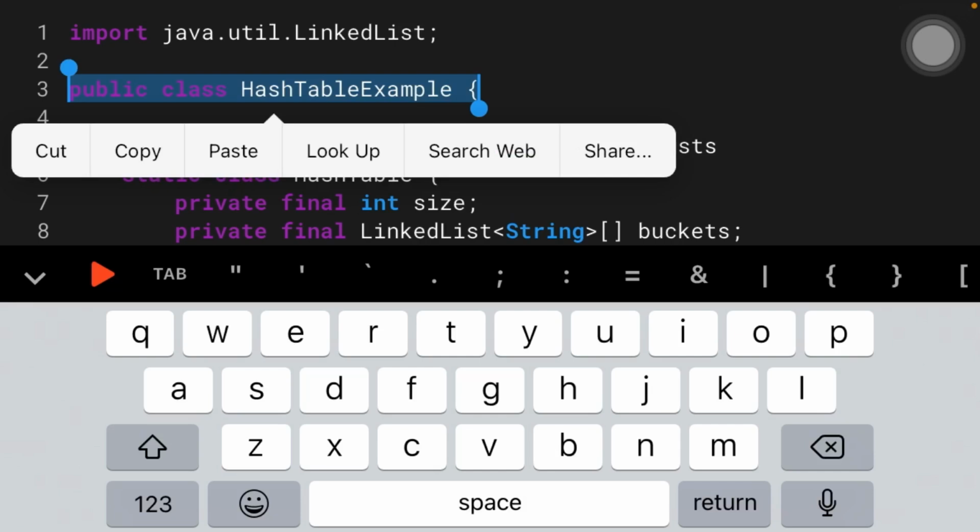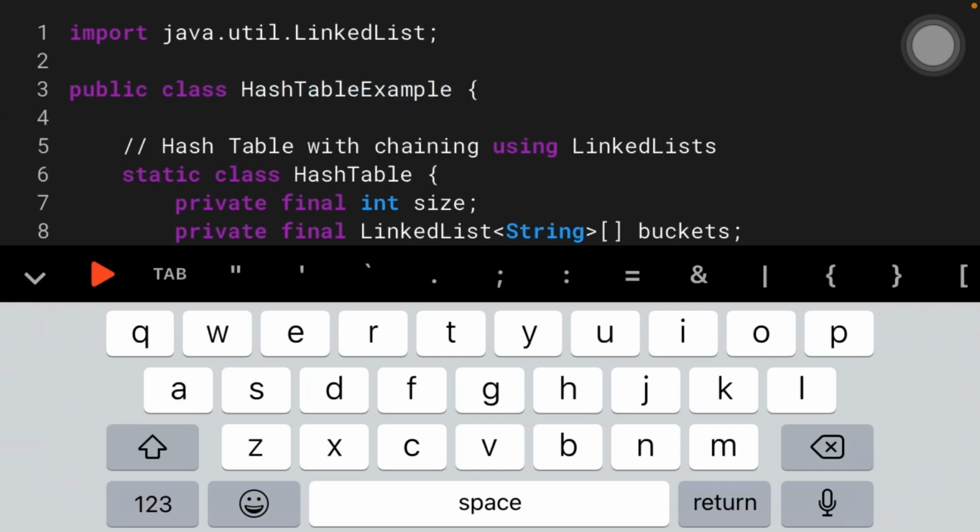In line 2, next, we define our main class, HashTableExample. This is where all our code will live. It's public, so it can be accessed by the Java runtime when we run our program. In line 3, line 4, in this line,